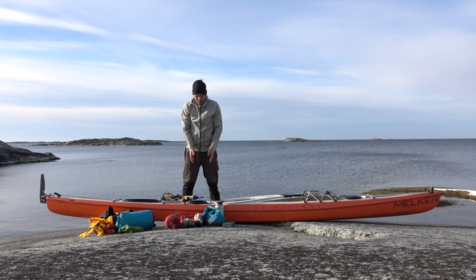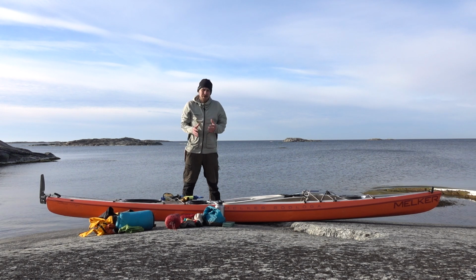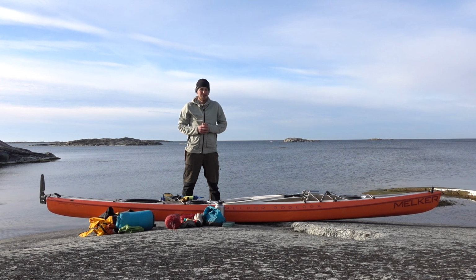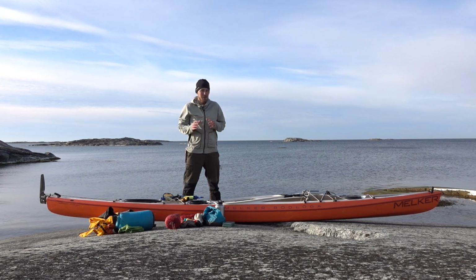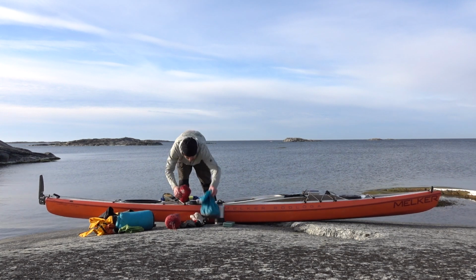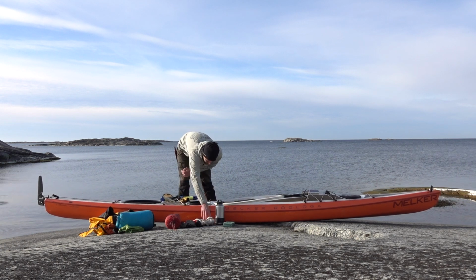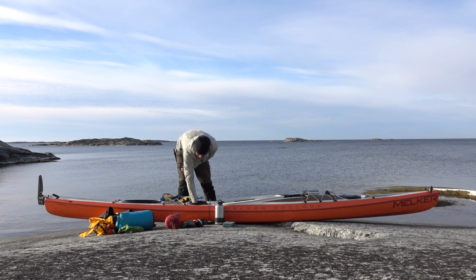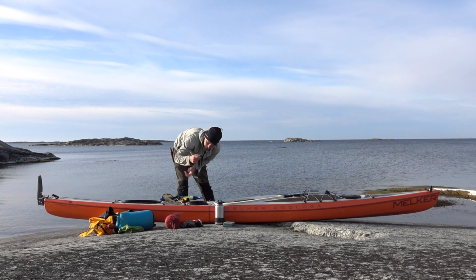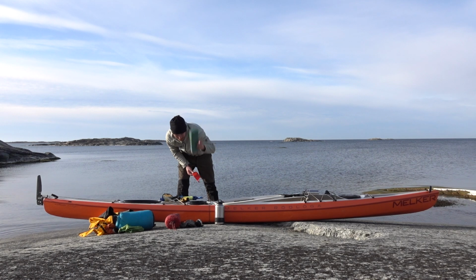In my center compartment, so my day hatch, or fikaskott as we say in Swedish, here I'll keep the things that I might need and want to get as fast as possible, so things that I might need when I'm on the water as well. So I have my first aid kit, some extra neoprene thingies, my sun hat, some sun lotion, a flashlight if I paddle at night, some soft thing to sit on,